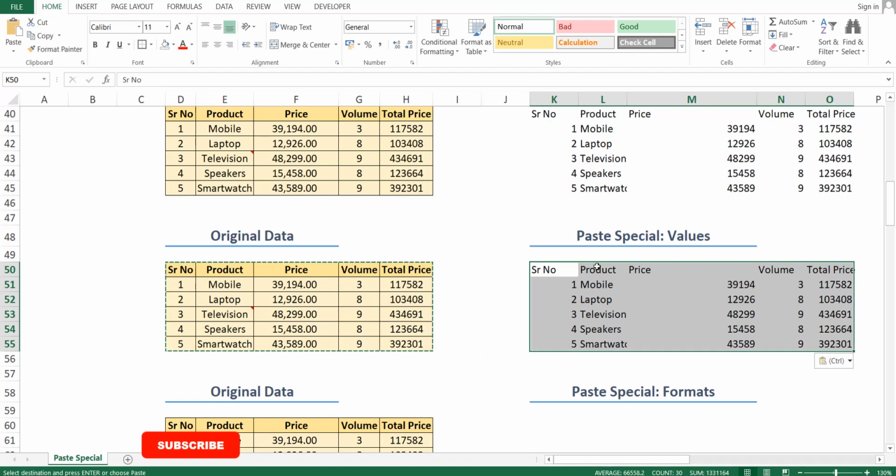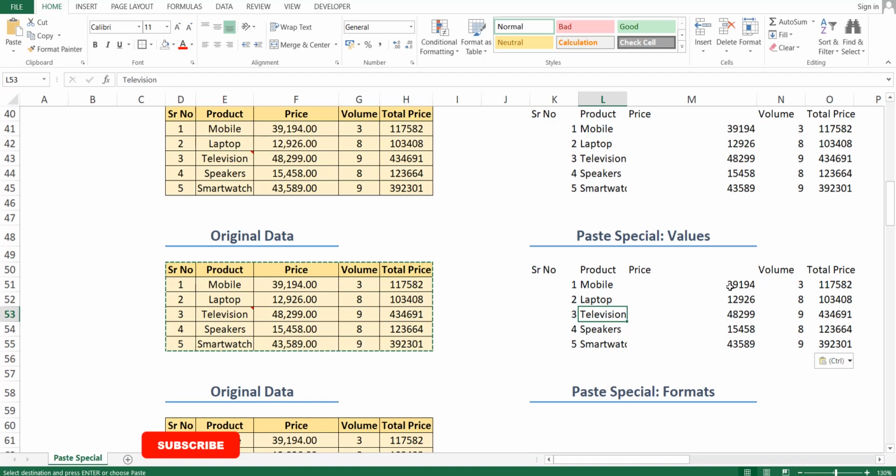In this option also, all the formatting style, drop down list, number formatting as well as the formulas will get disappeared. Why? Because we have pasted the data in a special way which will paste the data from the original location to the desired location by using only values.